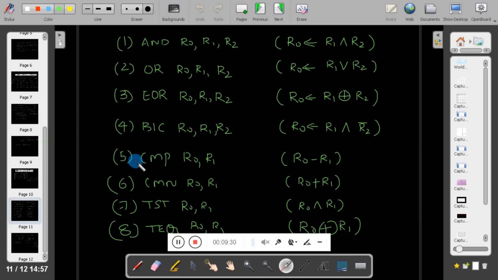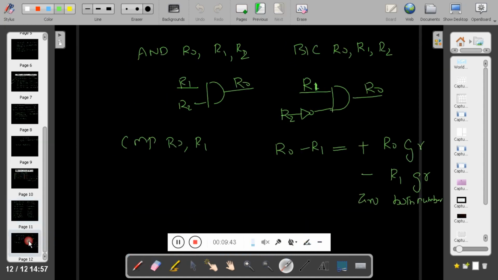But for these 4 instructions, there is no need to add S. These instructions are supposed to change the flag status. Now, I was explaining the compare instruction. Here, based on the result, the particular flag will be affected. You will come to know this by means of the negative flag, carry flag or zero flag.